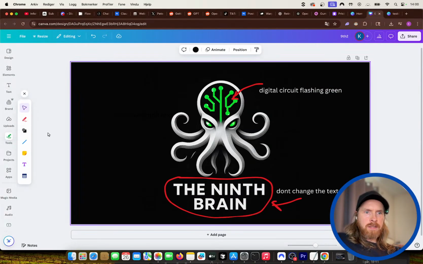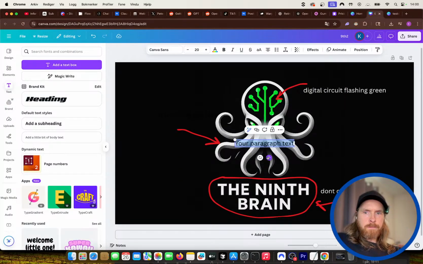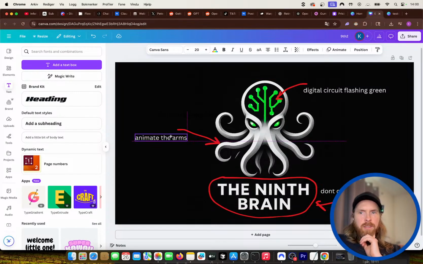And I think the final thing I did was an arrow to these tentacles here, and I said just animate the arms. Something like this.